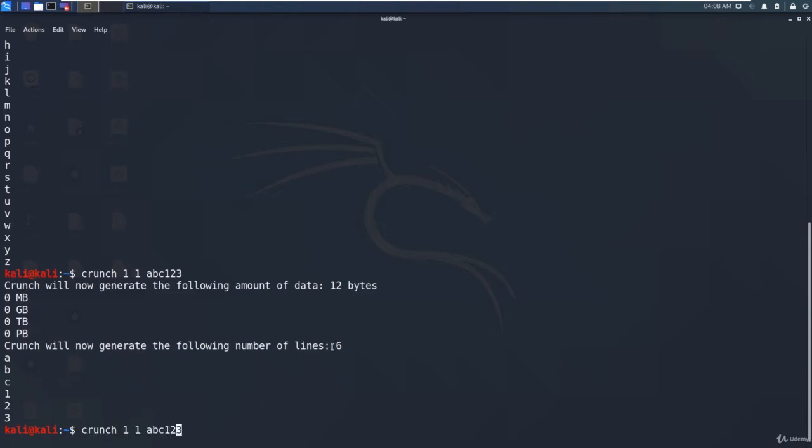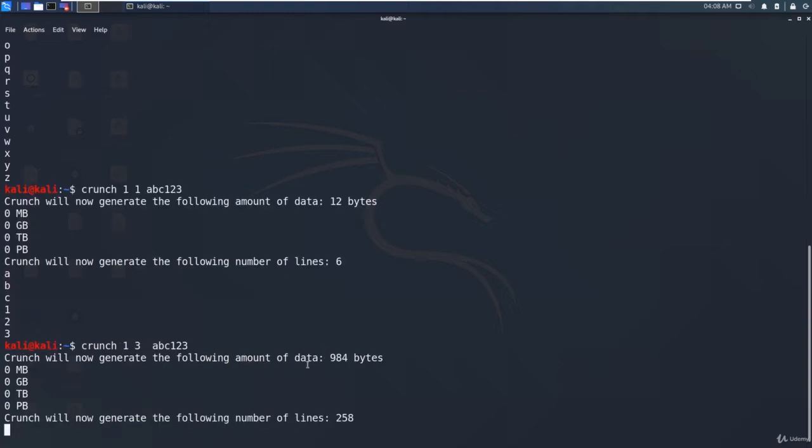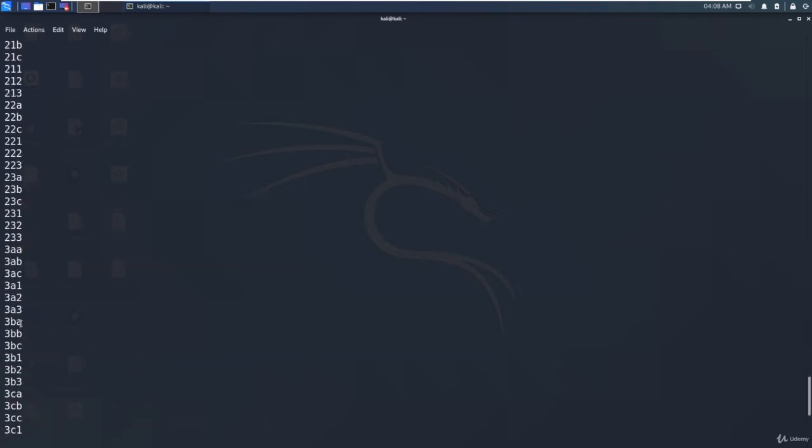Now let's increase the length. If I say minimum length 1 and maximum length 3, now we will get some more of the word list. And you can also specify numbers only as well, 1 2 3.